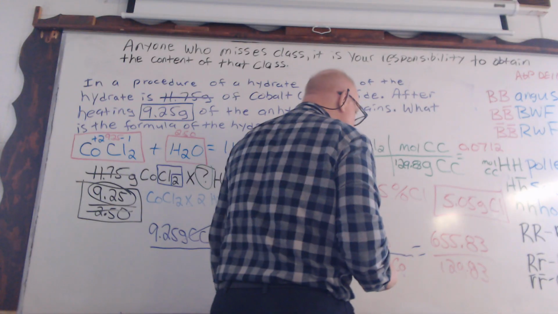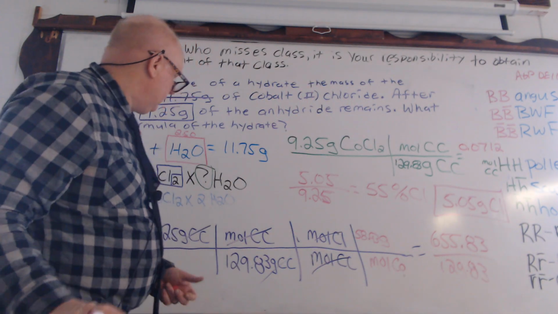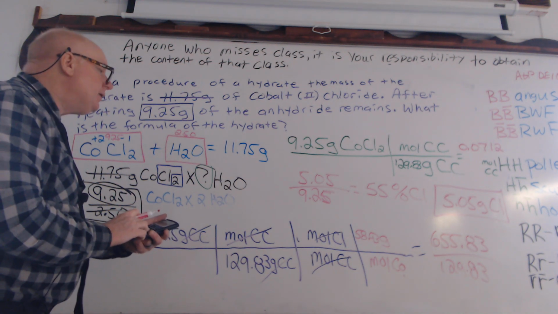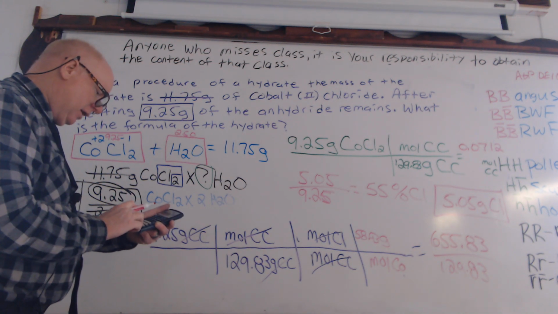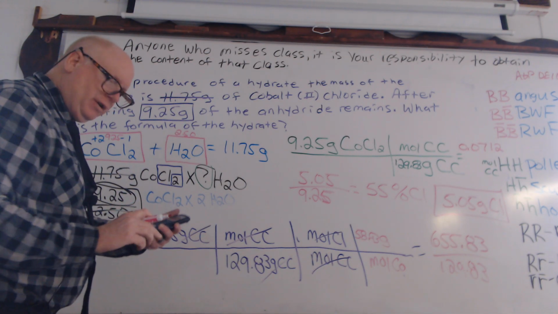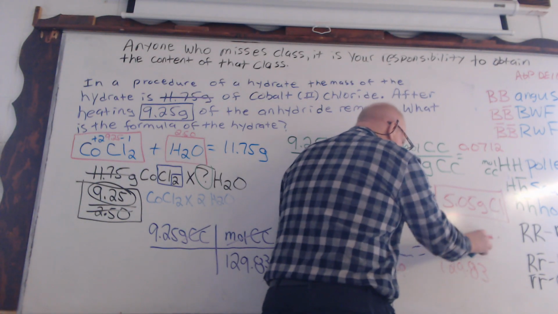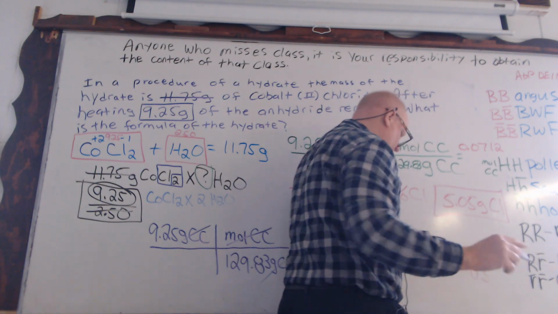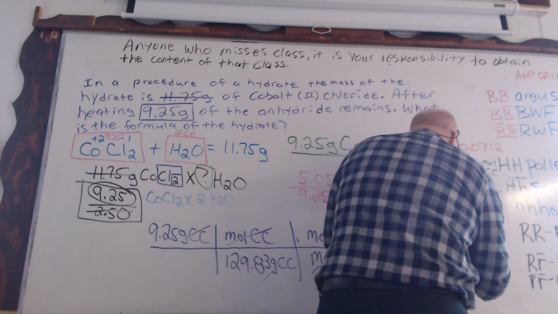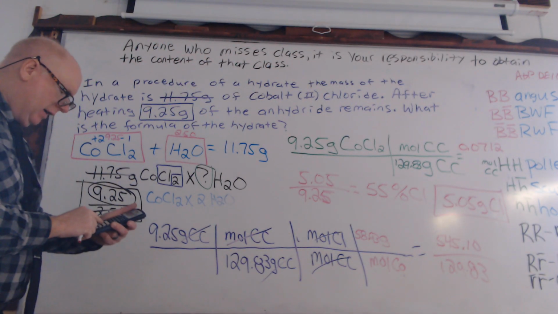So once we do the same thing, that number on the bottom does not change. That's still the same. So 9.25 times 58.93 gives us 545.10, and when you divide those two numbers,